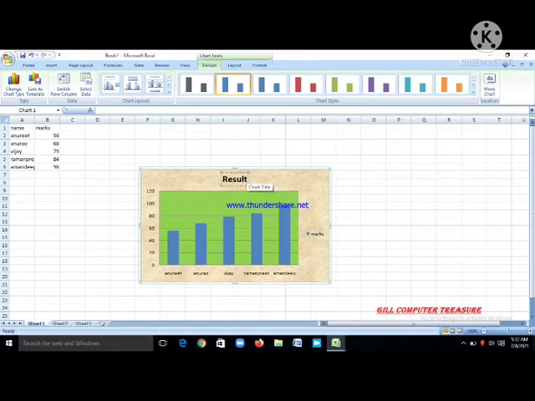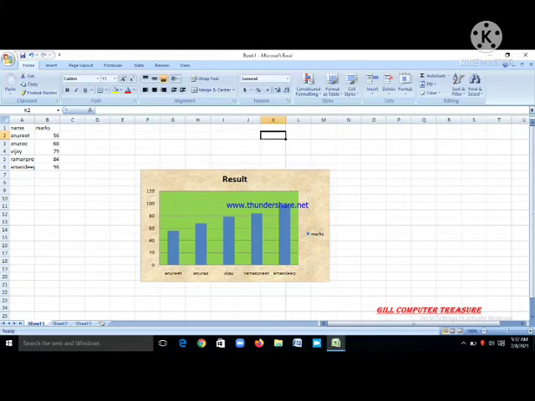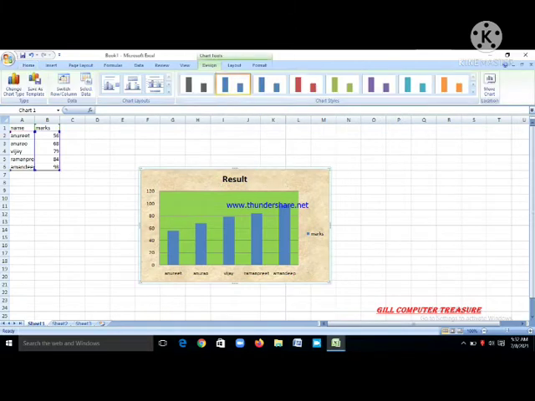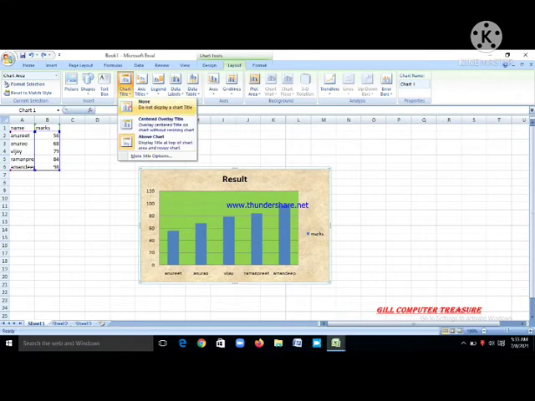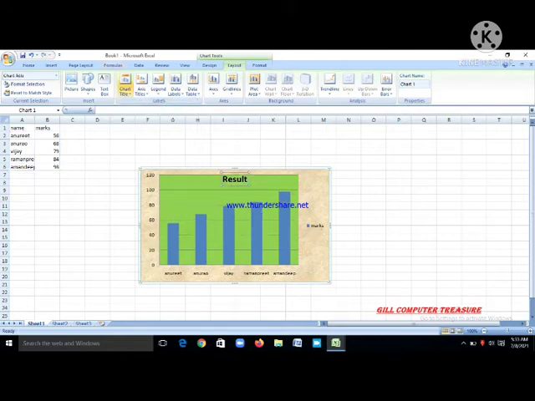After that we can also insert the chart title according to our choice. For that we have to go to the Layout tab, and in MS Excel 2016 this option is in the Design tab. Select the option Add Chart Element in the Chart Layouts group, and there are two options, Above Chart or Centered Overlay.